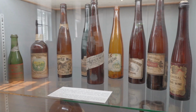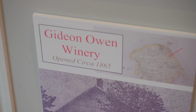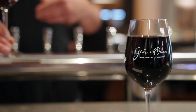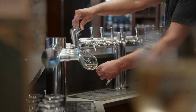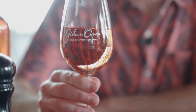Gotcha. The Catawba grape made the area fruitful for winemakers like Gideon Owen, who owned one of the original three wineries on the island, and whose name is now honored at the winery down the street. It's named after Gideon Owen. The owner of what used to be Mon Ami lives on the property that was owned by Gideon Owen where he had his winery. And that's why he chose that name. There will be a Gideon Owen quiz after all of this. Thank you. Wine tasting comes later in my visit, but for now, we continue to make our way around the museum,